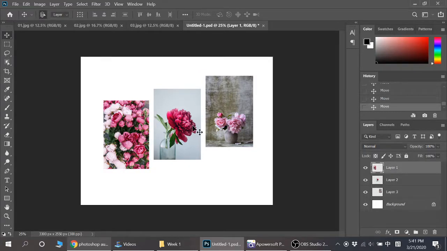And you will also notice that when we click on each image, that layer is highlighted. If we click on that, you will notice layer 2 is highlighted. When a layer is selected or highlighted, we can make further changes to it. For example, if I want to make this picture larger,